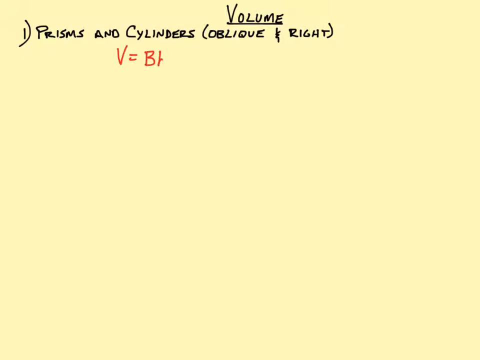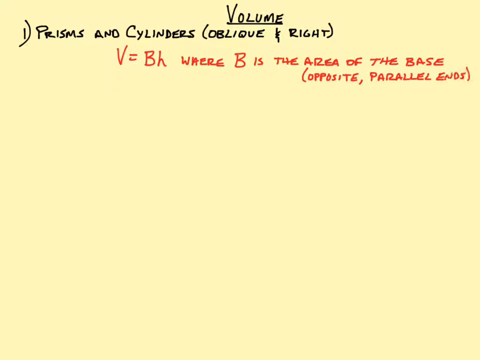So we came up with a formula that is volume is equal to the big B times h, or base times height. And in this situation, B is the area of the base. So the area of the base times the height. And we have to be specific that the base is opposite parallel ends of your prism. So they have to be parallel, they have to be opposite ends, and that's how you'll know what your base